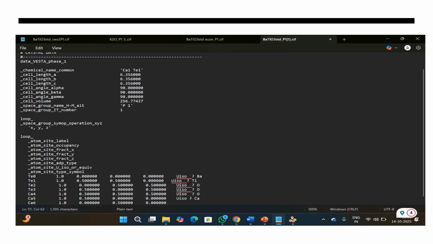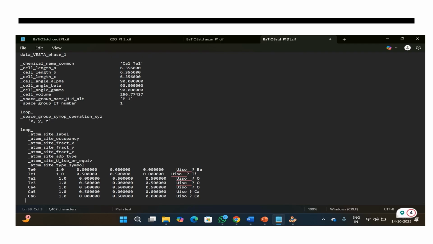Okay. Now UISO, calcium. Now for the last octahedral void, fractional coordinate 1.0, 0.000, and 0 and 0.500. So these three fractional coordinates give us the octahedral void at the edge center, and